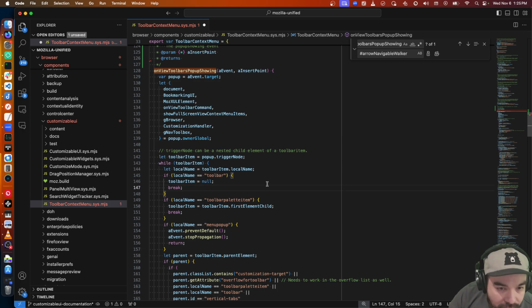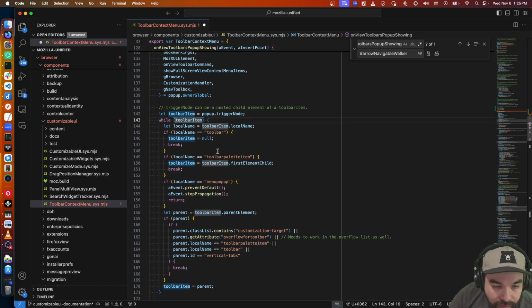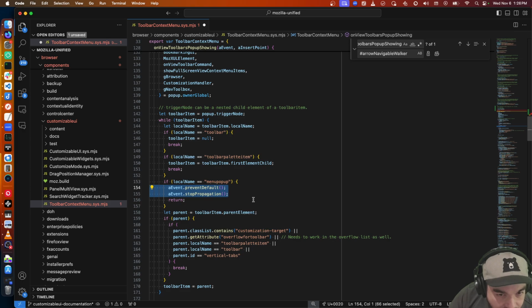And it looks like we're gonna work our way up the DOM from the trigger node until we get to either a toolbar, a palette item, or a menu pop-up. In this case, if it's a menu pop-up, we'll just bail out. Nothing to do. Otherwise,